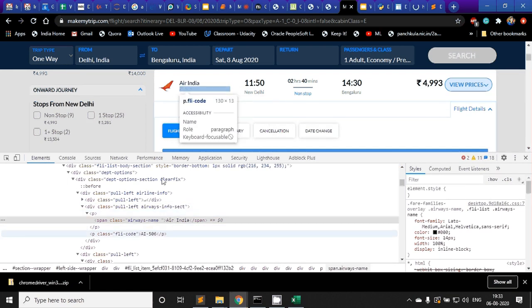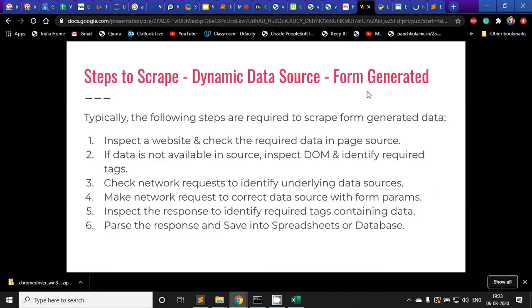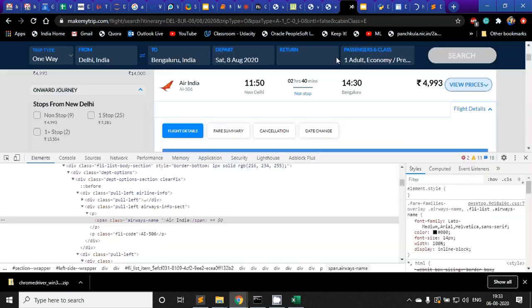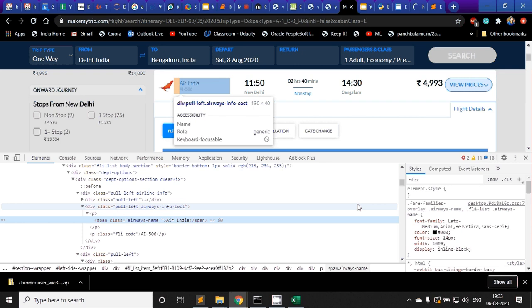Right. So we identified the required tags. We saw that something is available in span, and something is available in paragraph tags. So we got a basic idea of how we want to go about it. And then what we did, we checked the network request to identify underlying data sources.